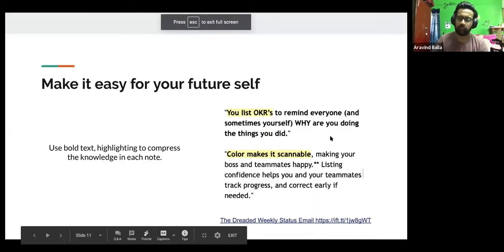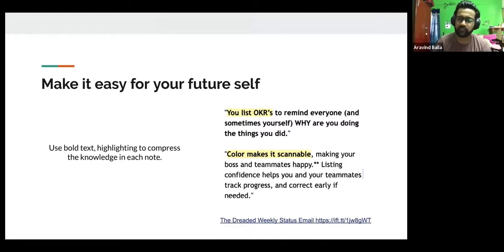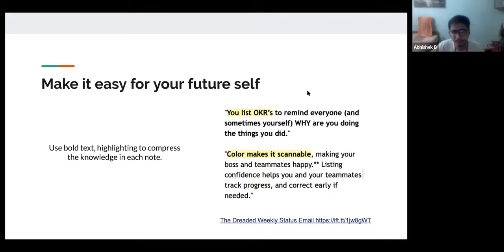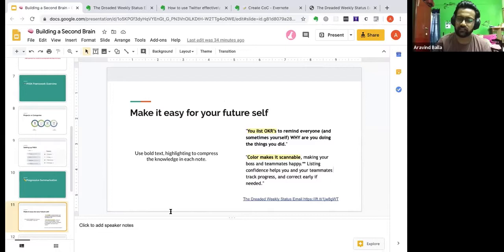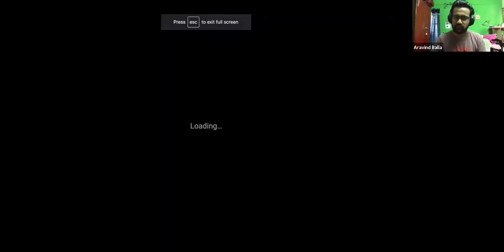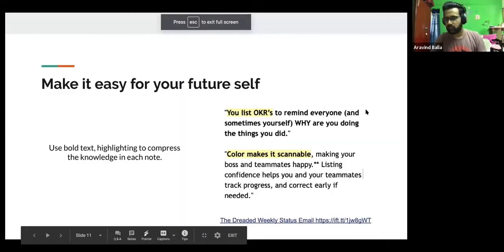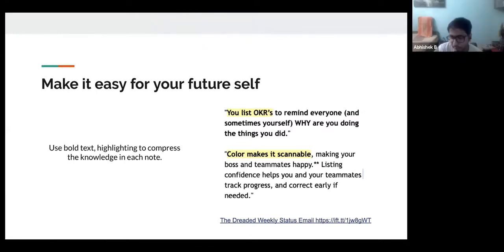Yeah, and I think we should allow ourselves, because ideally not every note can be like this, to have most of the notes connected together. What I do is create different layers only if the note helps me in the future, and if I see myself going back to that note, only then do I add a lot of these layers. So I think it's important that we let our notes be unorganized also.